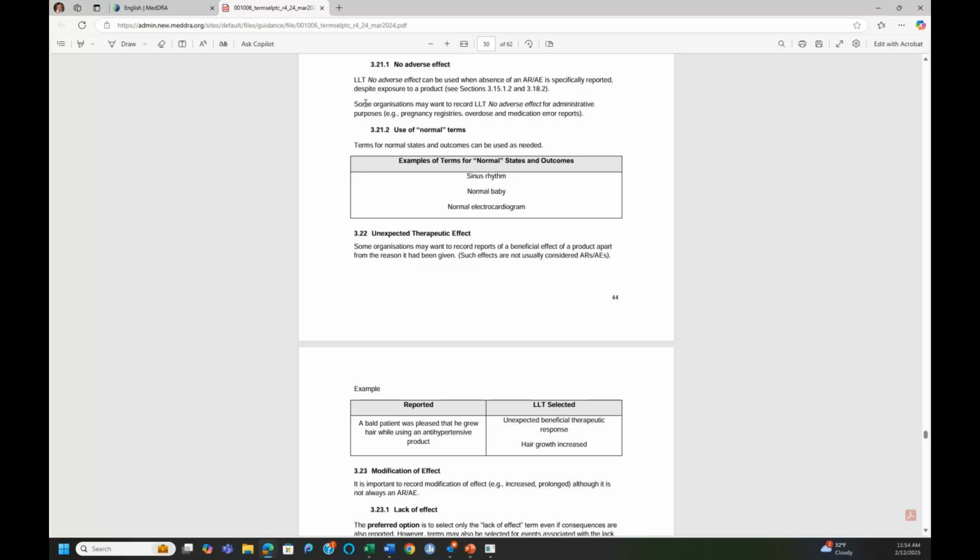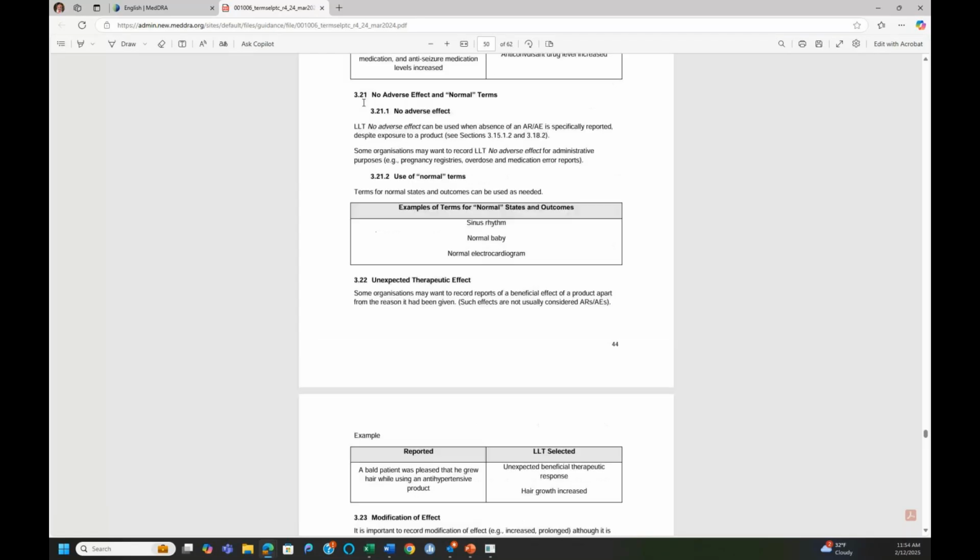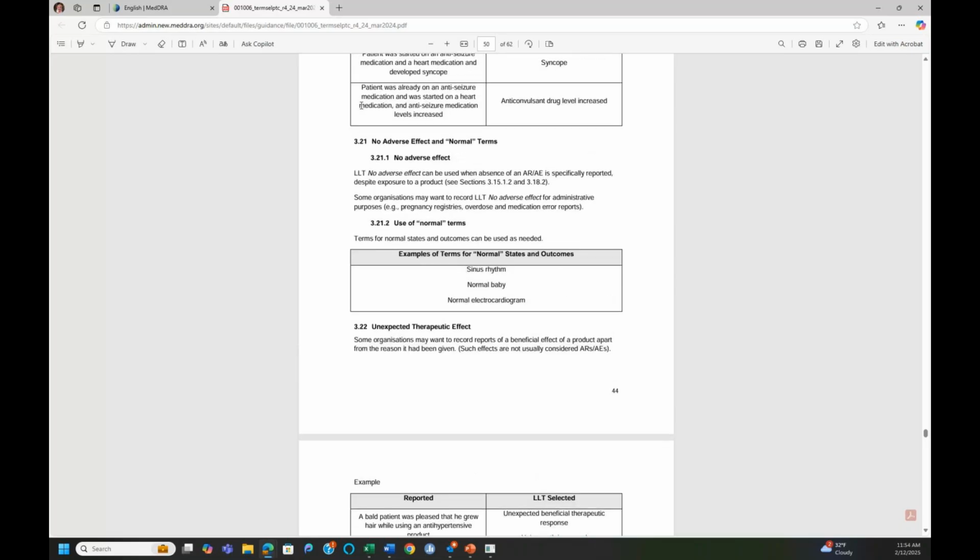Some organizations may want to say that there is no adverse effect because they are tracking all of these exposure terms and they have to know whether or not following an exposure, an event happened or not. So think about, for example, poison control centers. If they receive a call and it says my son drank this particular cleaning fluid, but I didn't notice that anything happened to him, they need to report that somewhere. So there are options in MedDRA that say that there is no adverse effect. The preferred option, though,